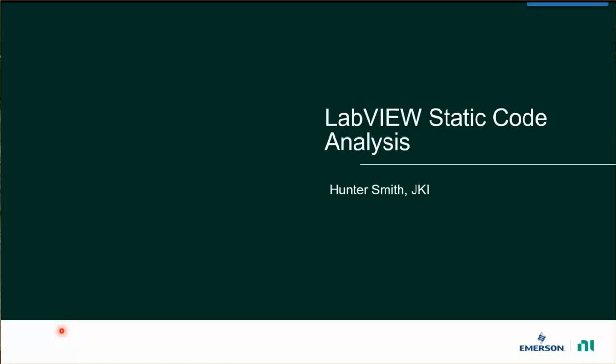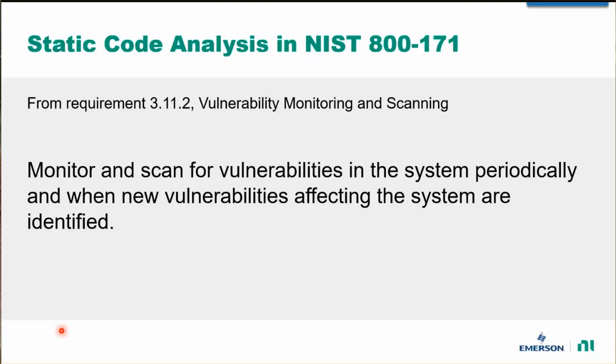Let me give you a little bit of context to this conversation before I throw it over to Hunter. Hunter's going to get on from JKI. If you look in the requirements from 800-171, there is this requirement, which is pretty vague. And again, 800-171 is very vague. Monitor and scan for vulnerabilities in the system periodically, and when new vulnerabilities affecting the system are identified. That's easy enough. If you look at the detailed paragraph underneath it that kind of describes what this means, it